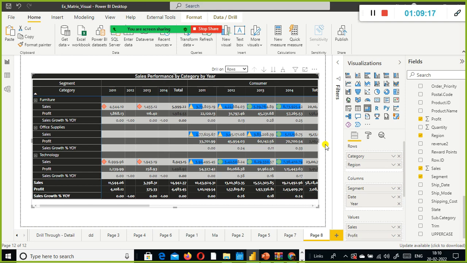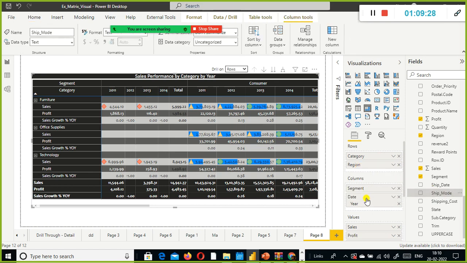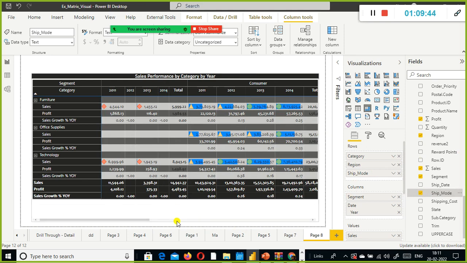Try including one more dimension here. Let us see here, ship mode. If I put ship mode here, what happens? I just go and use ship mode. Let us complicate this. You will see what is happening. In ship mode, we have something called standard, and same day. This is at the row level, right? So row level, if you drill down here,